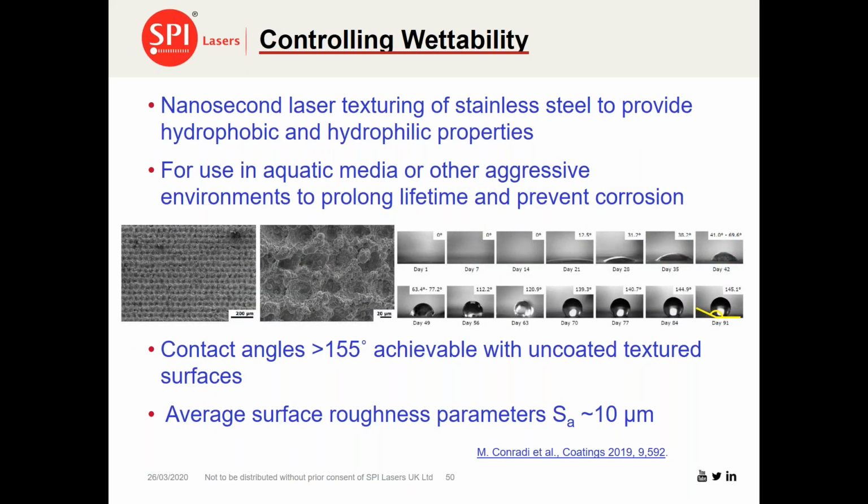So how do we really control this? Again, this is an example of where someone's been using our nanosecond lasers to create microstructures, again in the same way as you would with an ultrafast laser, but using a nanosecond laser. So not really cold processing in this case, but emulating the kind of conditions that you would get when cold processing. And in this case, you can see that initially the surfaces, as you'd expect, are